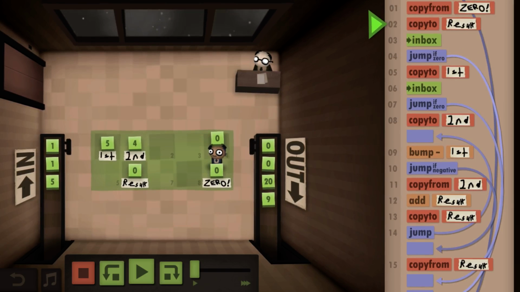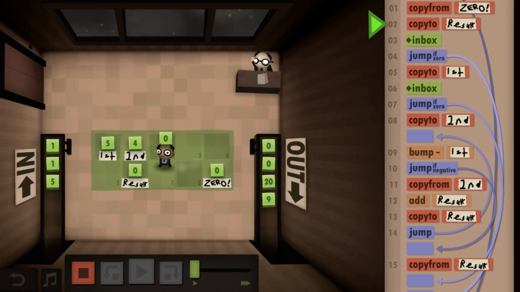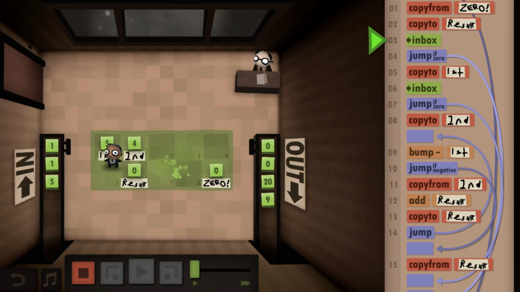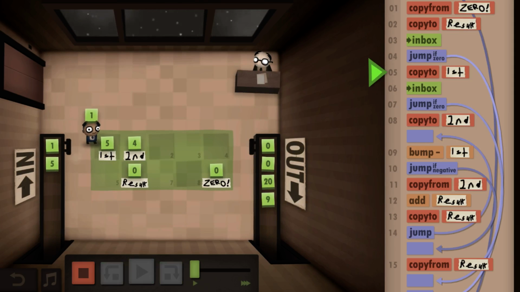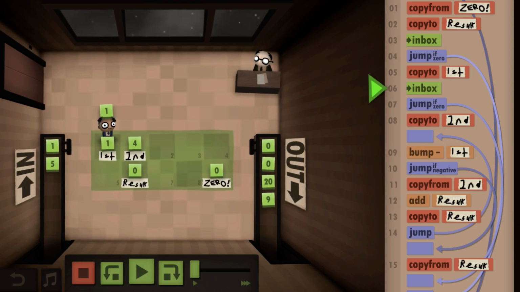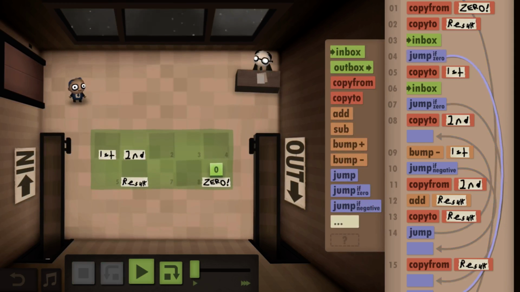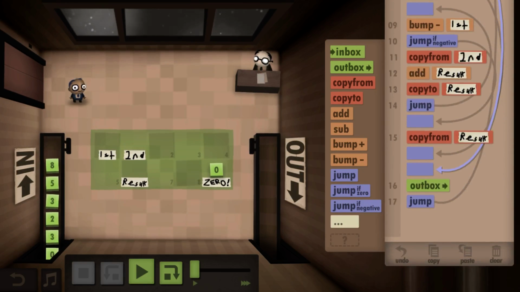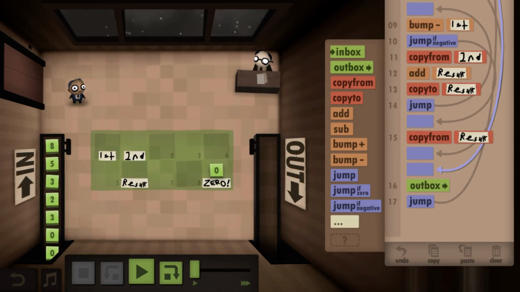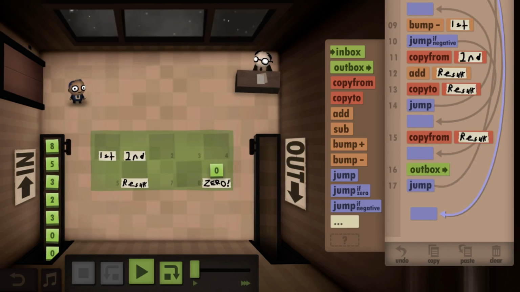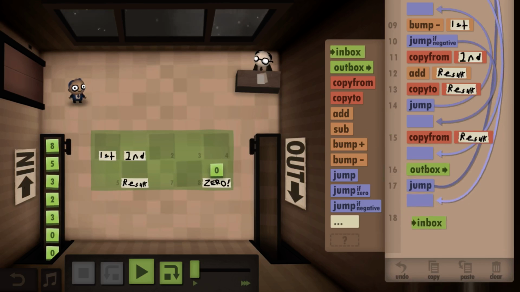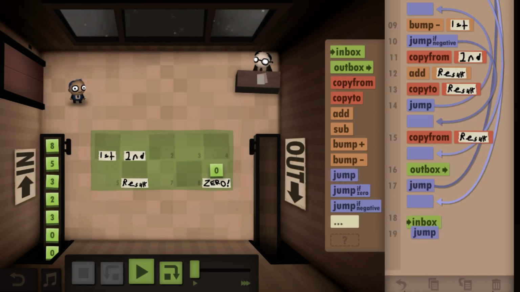Let's see. Inbox. A 1. Oh, I see what I did wrong here. If I grab the first inbox and jump if 0, I need to actually inbox a second time and then outbox.